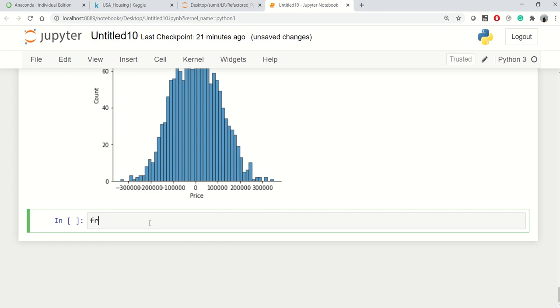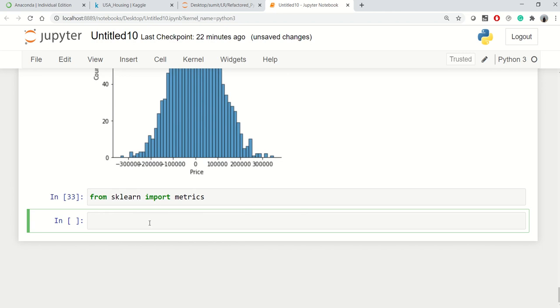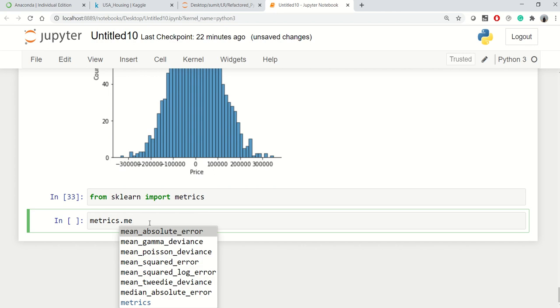So I'll say from sklearn import metrics, and I'll say metrics.mean_absolute_error, and you can see there are a lot of other functions as well.